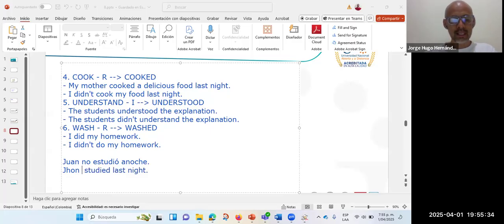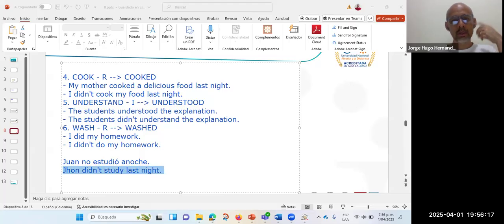Para decir las negaciones, tenemos que utilizar el auxiliar del tiempo, en este caso el tiempo pasado, ¿sí? Y la negación, didn't. Y ahí nos quedó el no. Pero ahora viene la parte de gramática, the difficult part. Tal vez cuando lo digamos, yo puedo decir, John didn't study last night, y las personas lo van a escuchar y decir, no, está bien. Pero si lo escribimos, esto va a estar mal, ¿no? Porque la gramática nos dice que cuando va el did, el verbo va en presente. John didn't study last night.